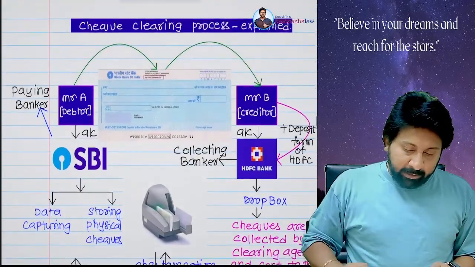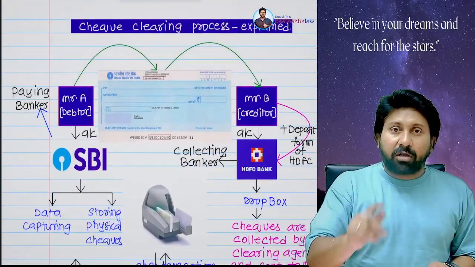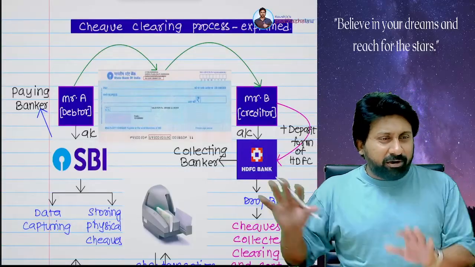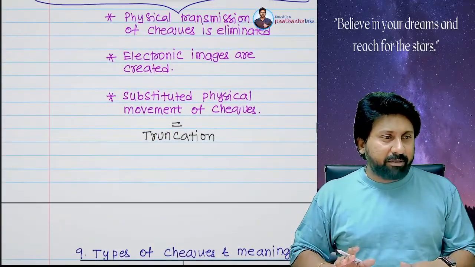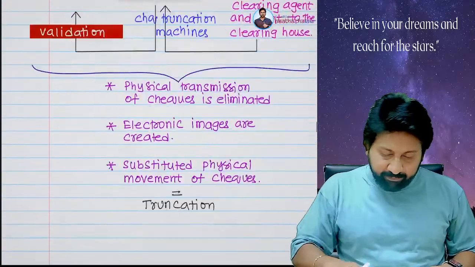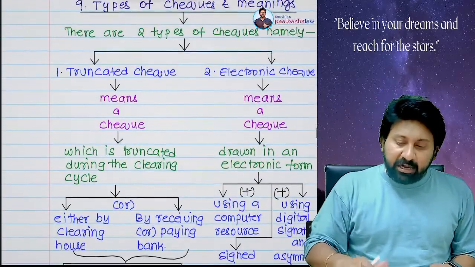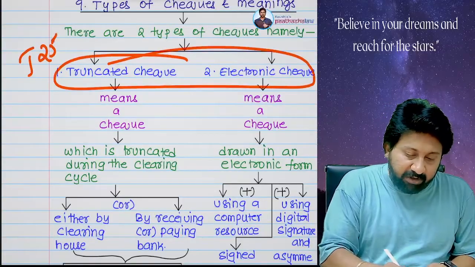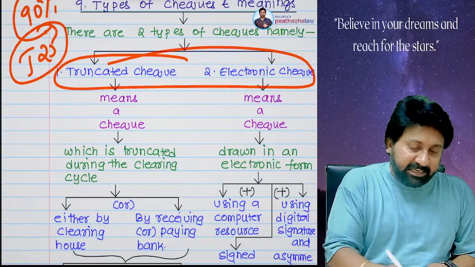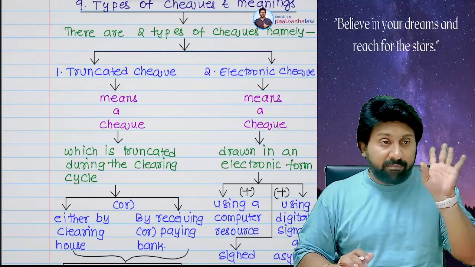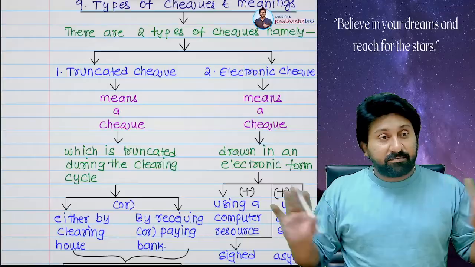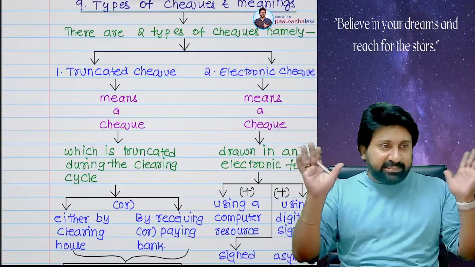Okay. Check truncation, also called the clearing process. I don't want to discuss this now and waste your time. First, listen carefully. Why I am putting this is, there are two important definitions. One among these will come in the J25 examination, 90% chance. One among them will come. Both can also come. If it comes, you should be able to write it as it is. So remember,